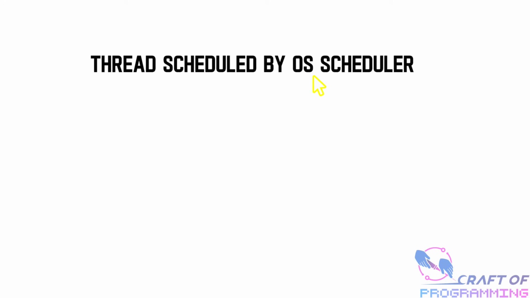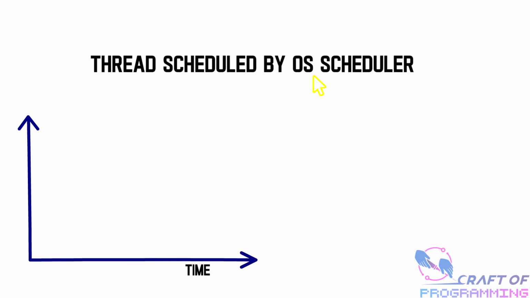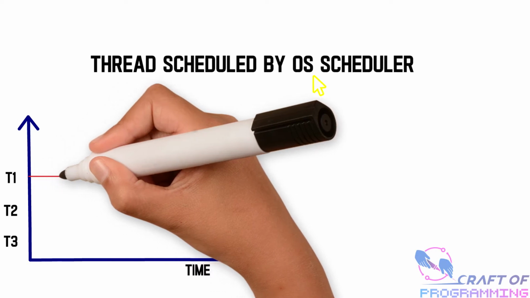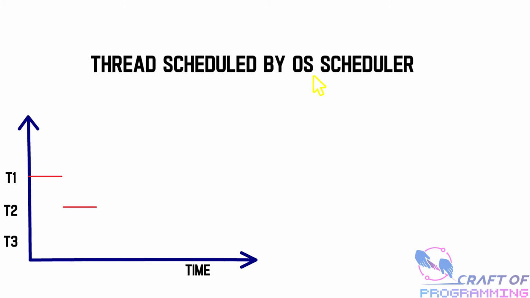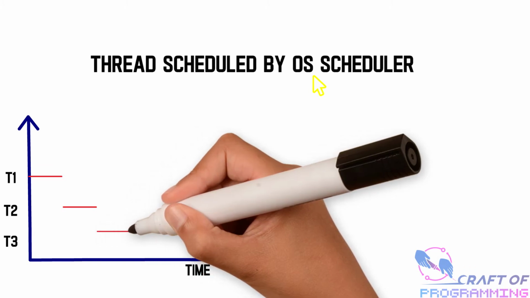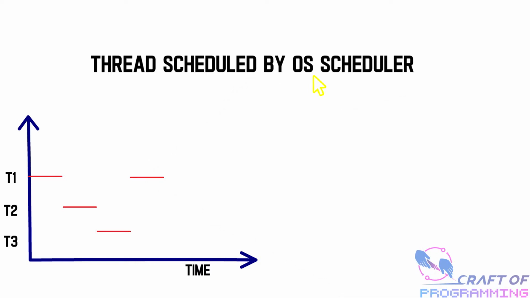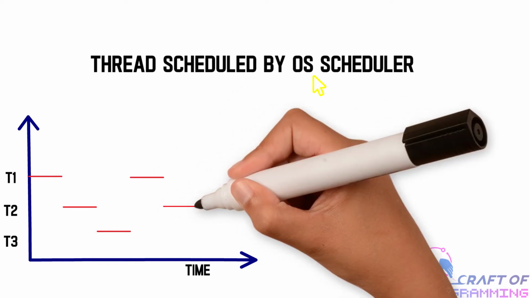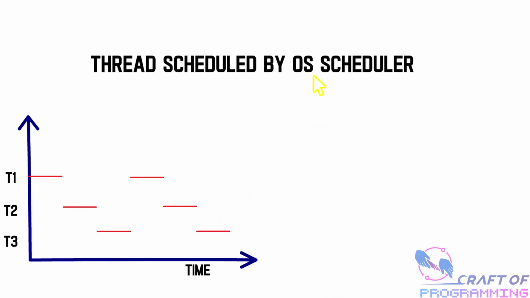Fundamentally though, at the operating system level, such as Linux, threads are the unit of execution that the operating system scheduler schedules. The operating system scheduler is a critical component of any modern operating system, and its main goal is to ensure that all threads in the computer have fair access to the computer resources, mainly the CPU, memory, and